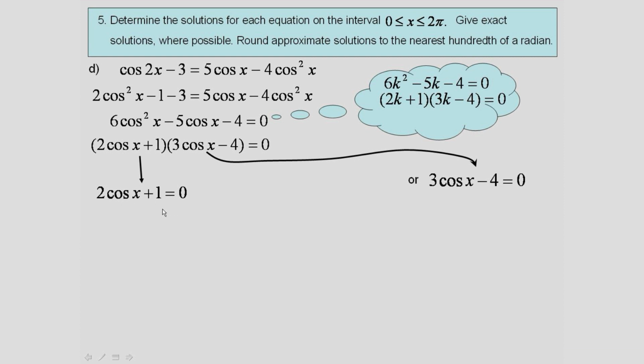Let's start with this one. A little bit of rearranging. Subtract 1, divide by 2. Cos x has to equal negative 1/2. 1 and 2 are sides from the special triangle, people. So looking at the special triangle,